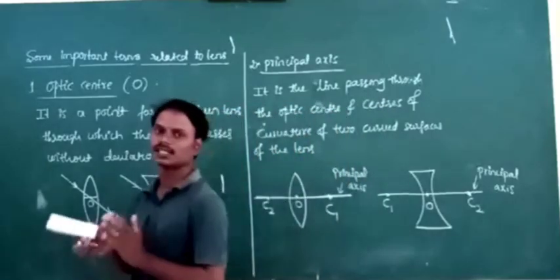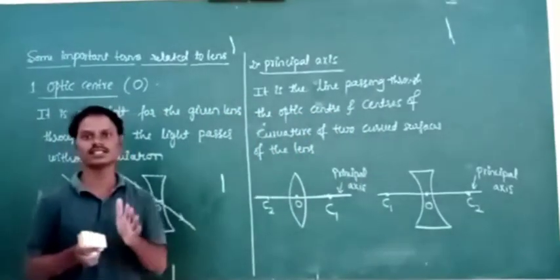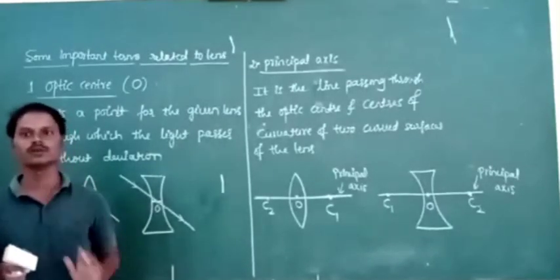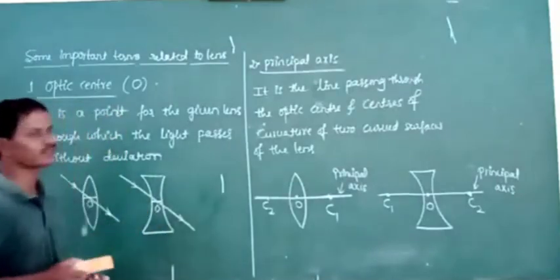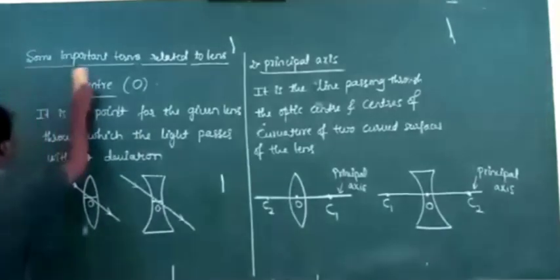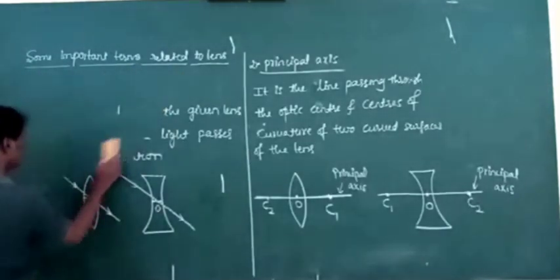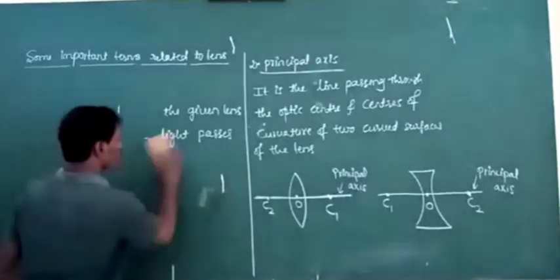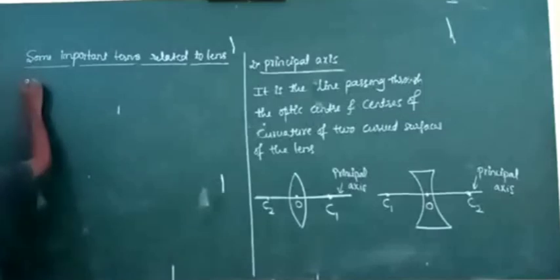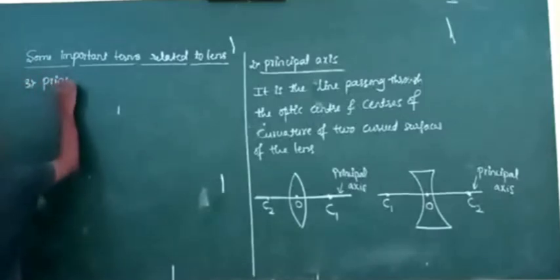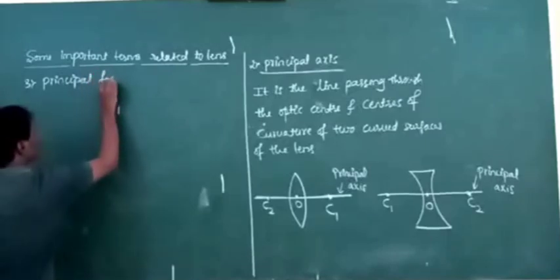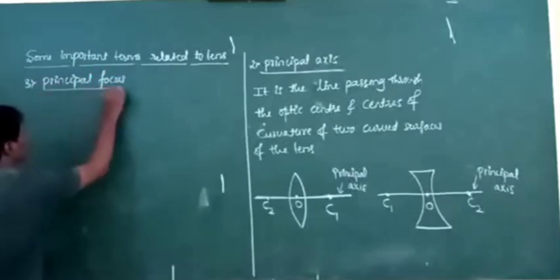Okay. So once again, what is a lens? A lens is nothing but a piece of transparent material having two curved surfaces or at least one curved surface. Next, the term that is very important, that is principal focus. Third one, that is principal focus. We already defined principal focus in case of spherical mirrors. Now we are going to discuss the principal focus in case of lens.